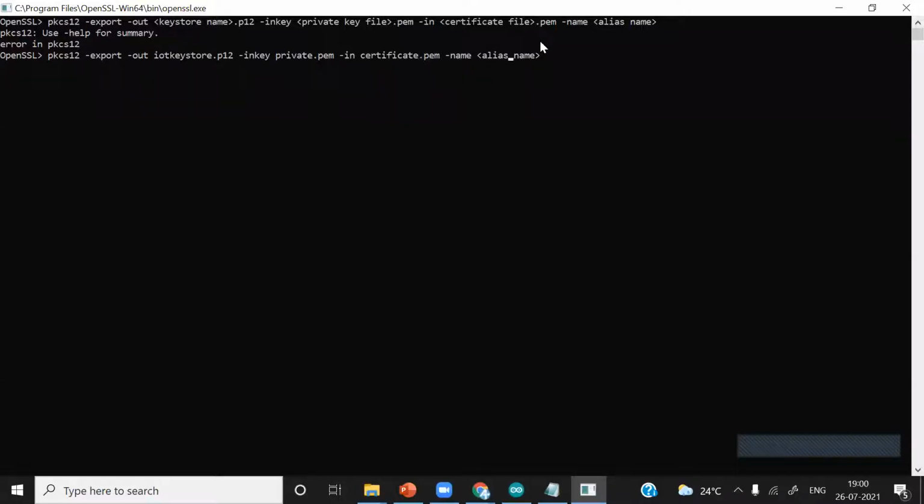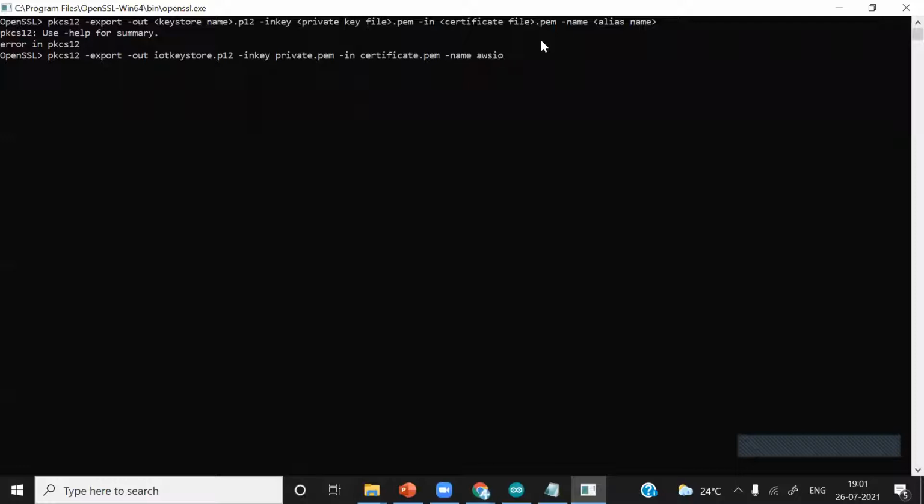Now you have to provide the alias name. Remember all the credentials you are putting here, certificate name and key store name, because later in Android Studio we are going to need this alias name and the passwords. Now I will give the alias name as AWS IoT.